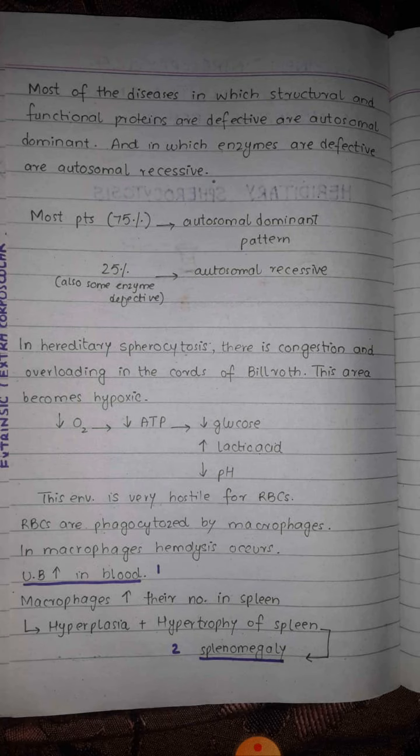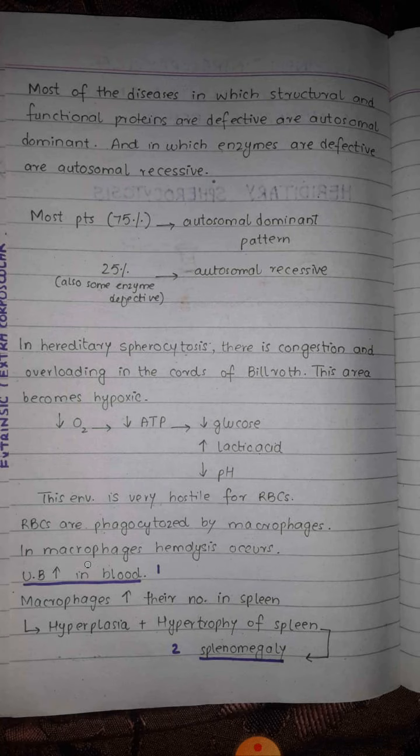Okay. Now, if a person is suffering from hereditary spherocytosis, then there is a lot of breakdown of the red blood cells. So what are the clinical features, or what is the clinical picture of a person who is suffering from hereditary spherocytosis? When there is excessive breakdown of the red blood cells, a lot of unconjugated bilirubin is formed. And one point should be kept in mind: in hereditary spherocytosis, there is extravascular hemolysis, or hemolysis is taking place inside the macrophages in the spleen.